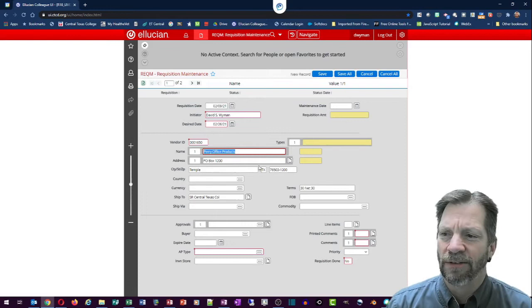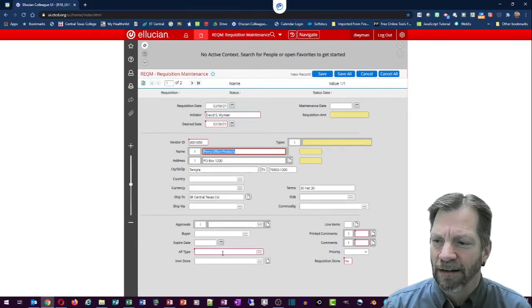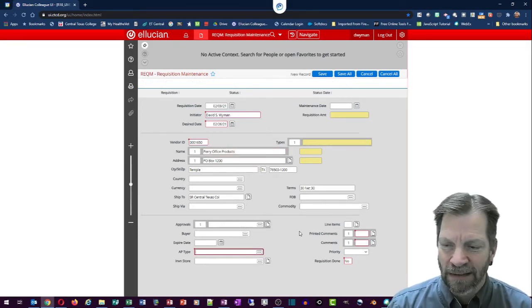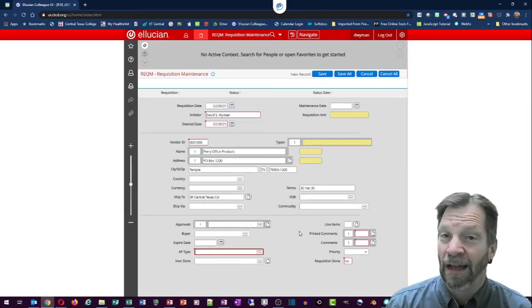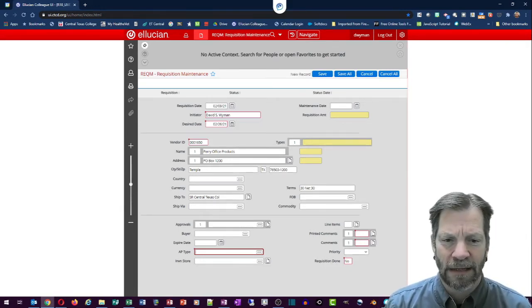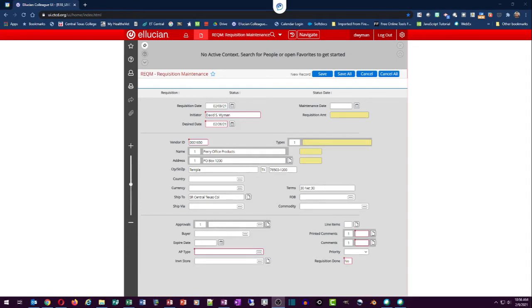So with the vendor information in there, you're going to come down here to your AP type. AP type is a required field. Has a red border around it. Let me get myself out of the way here, and we'll just go straight desktop, so I don't get involved and throw myself over fields that you need to be seeing. So AP type. AP type is part of your